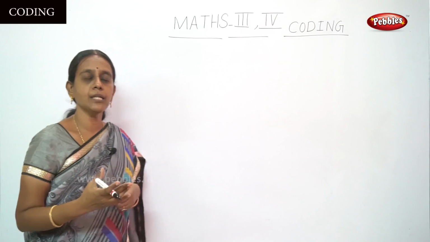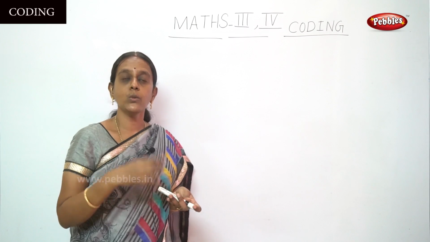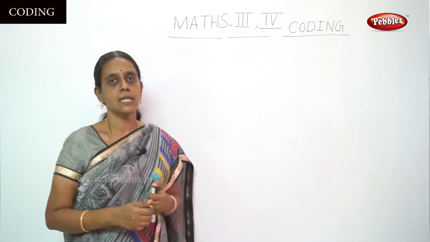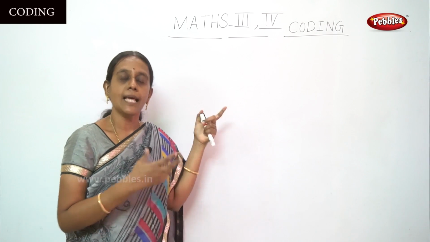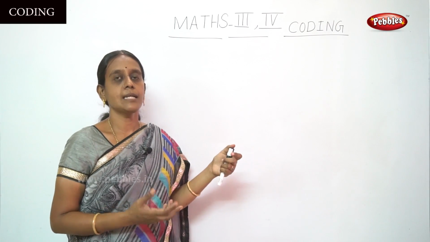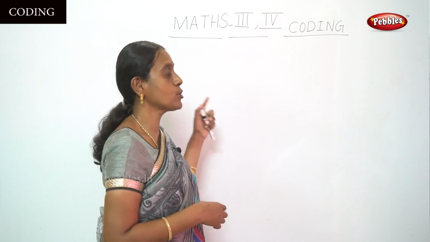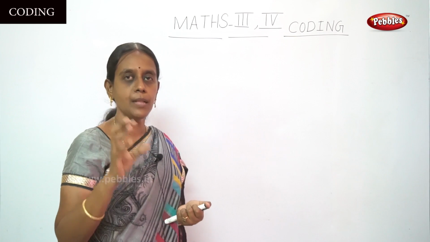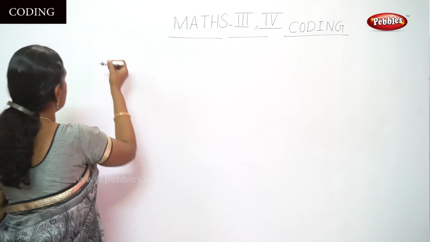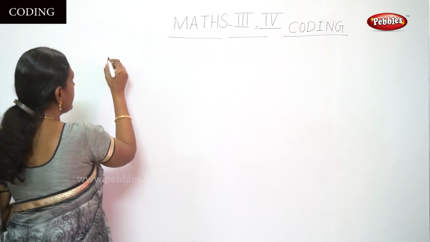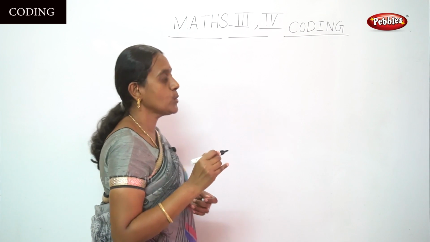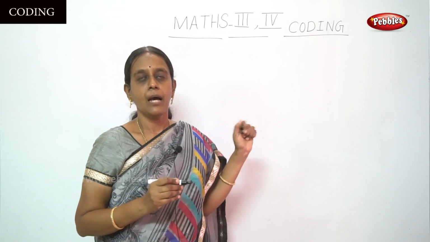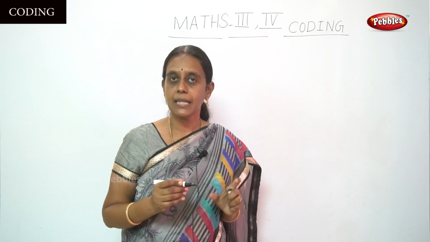By explaining new terms by using other alphabets or numbers, I am going to explain with an example so you can understand easily. So today our topic is coding. Let me discuss with an example. I am going to write capital letters, that is A to Z, uppercase letters.